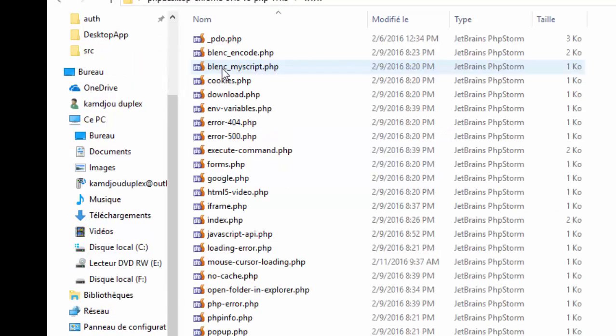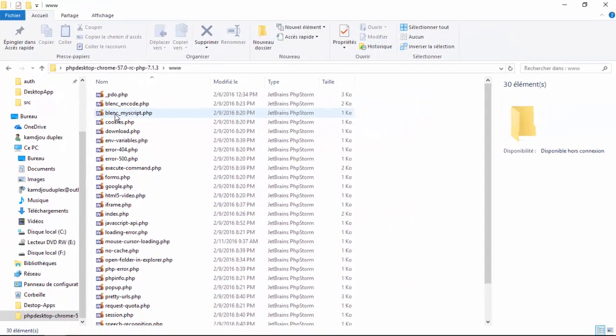Here, this www directory is our web application. It can take a web application built with PHP, JavaScript, HTML and CSS. So it's very simple. You can integrate many web frameworks like Laravel.